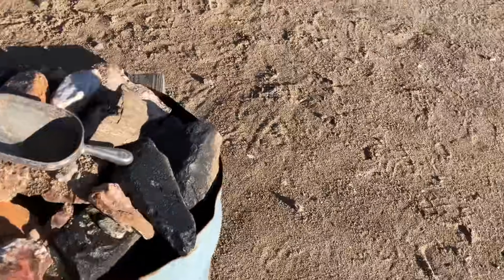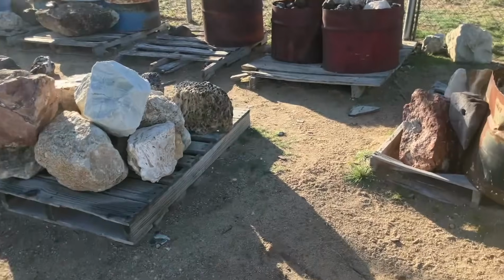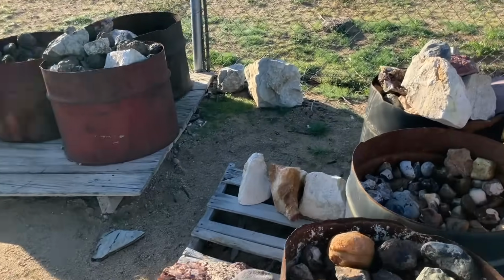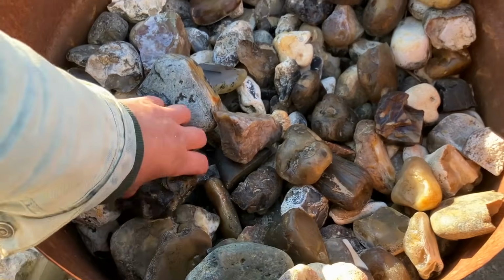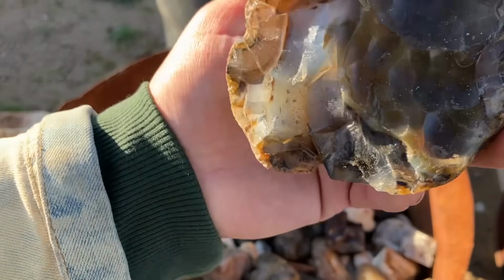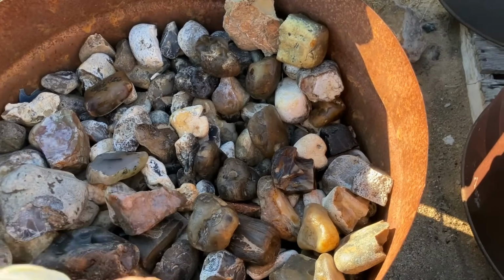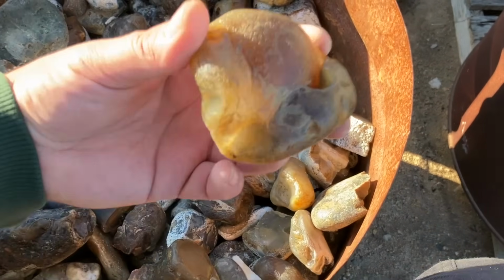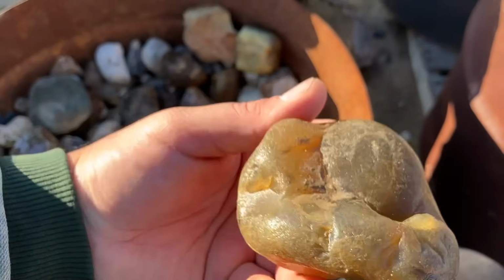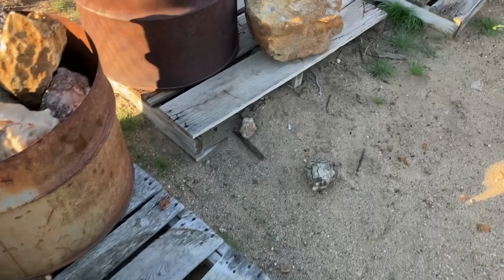So there's the Brazilians. Where's the Montanas? Right here. Just a big batch of Montanas, all different kinds. And we're going to get them all. The problem is, the biggest problem is,